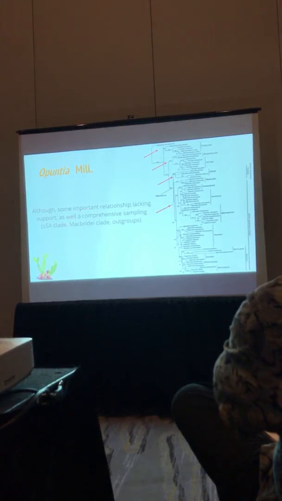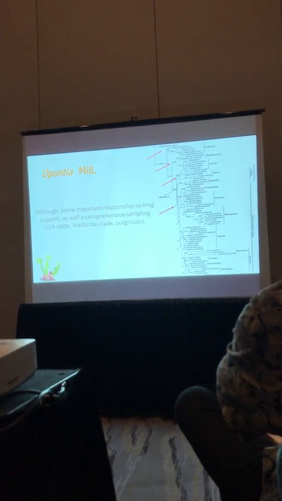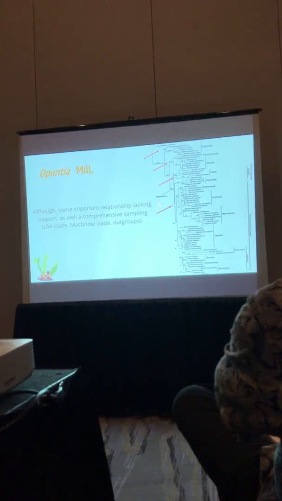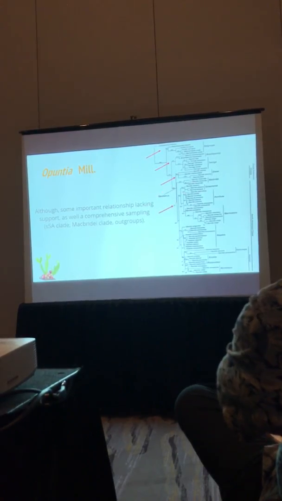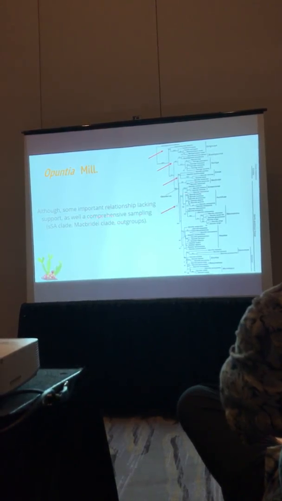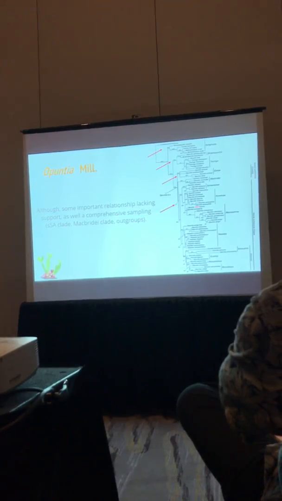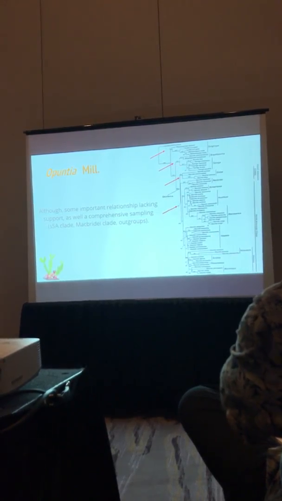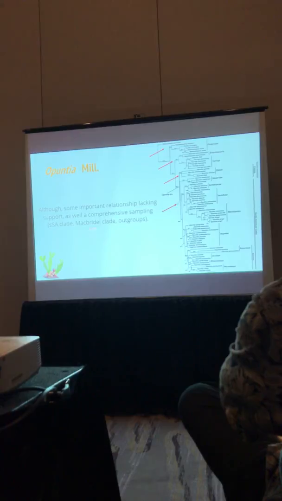Although in this previous study some important relationships lacked support, which we highlight with this red arrow here, it also lacked a comprehensive sample including diploids from North America, the South American clade, the Macrocentra clade, and